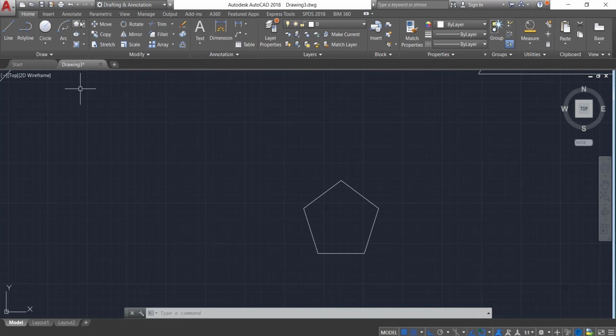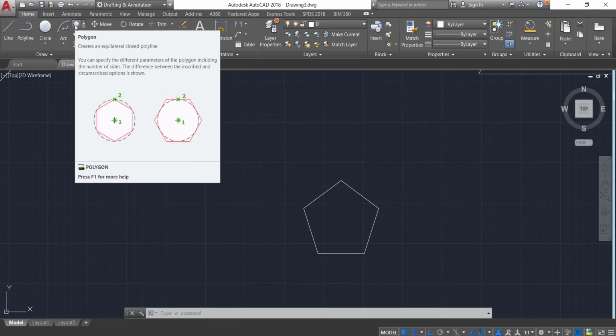With the help of the polygon command, you can create a polygon of any number of sides. For more information on inscribed and circumscribed options, you can see here the explanation, and the figure is also given to you. The first one is for the inscribed and the second one is for the circumscribed.